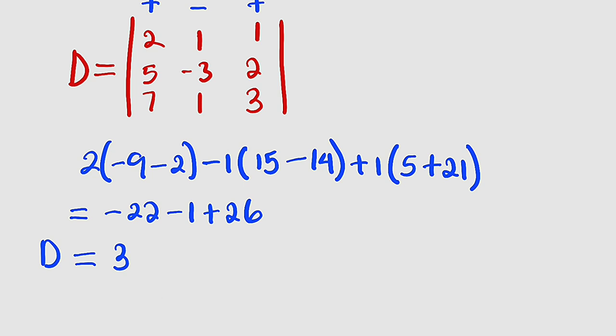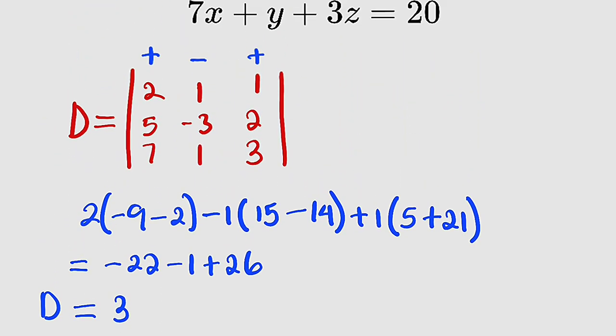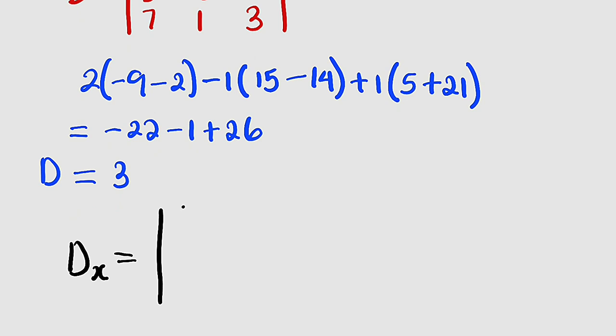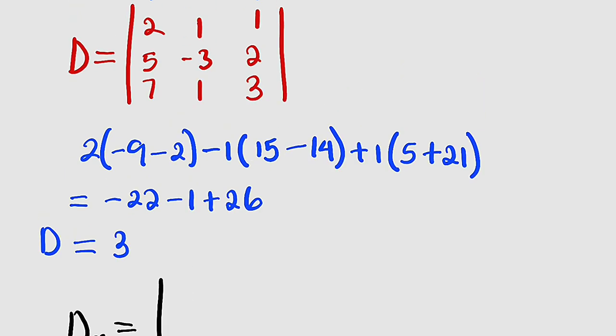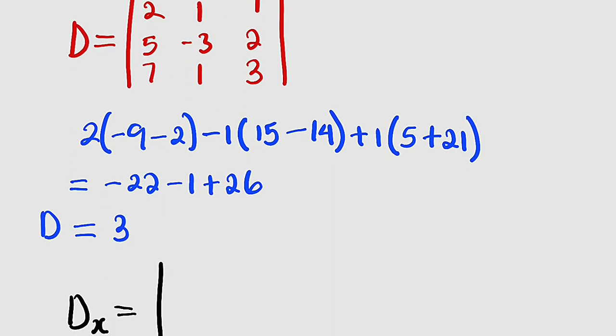Next, we would like to find the determinant with respect to x. The determinant with respect to x will be equal to what? We are going to form a matrix of constant coefficients, but we are going to replace the x column with the constant terms. What are the constants? We have 8, 3, and 20. So we write